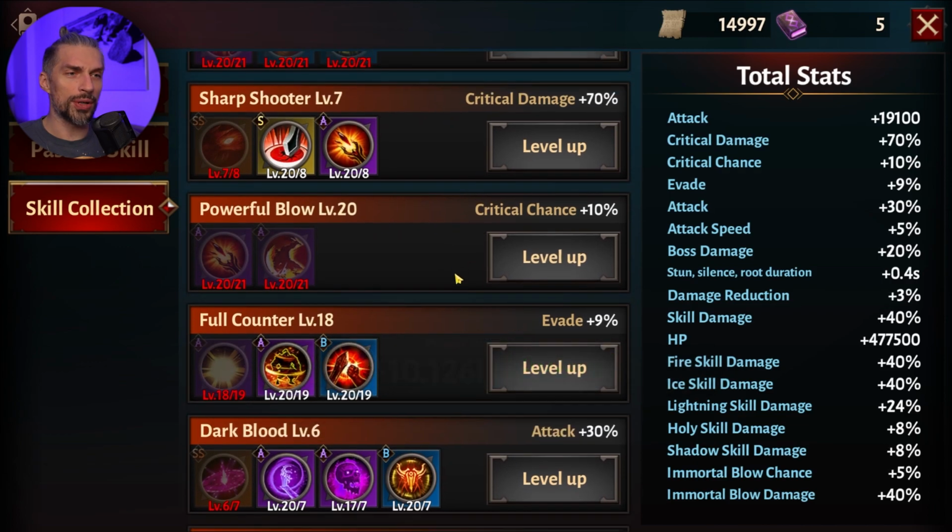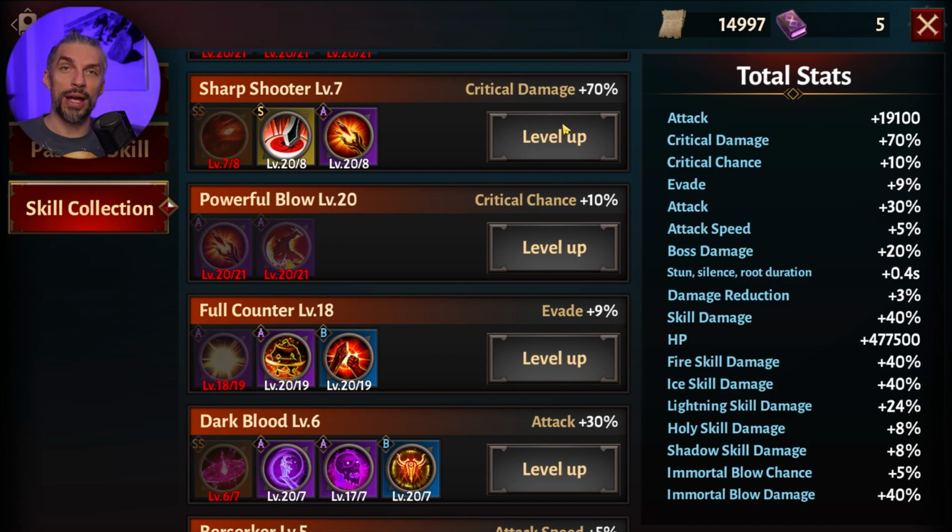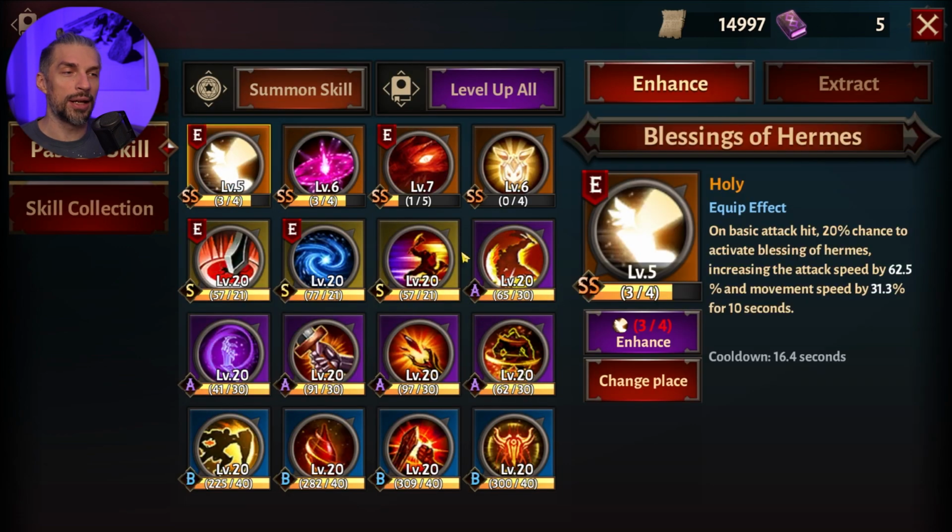And you will also get critical damage, which will help you as well with your damage, because basically additional critical chance gives you more critical damage. That's increasing your damage overall. Oh yeah, by the way, small tip for you guys: if you are really eager to get this Blessing of